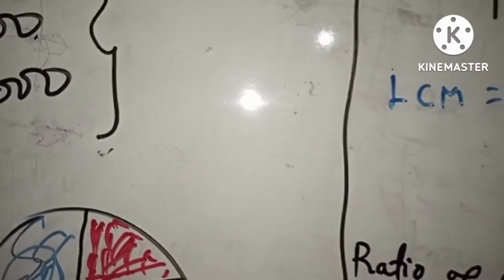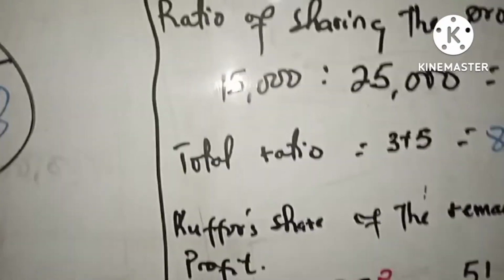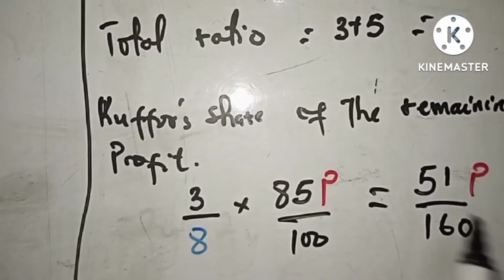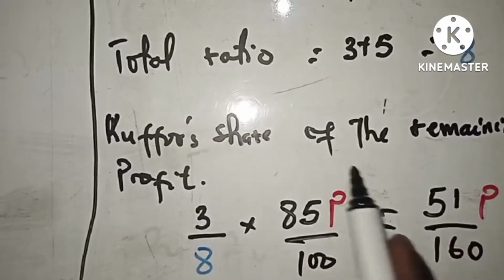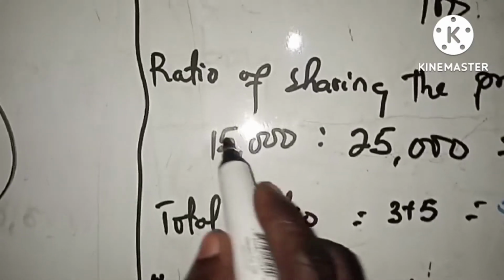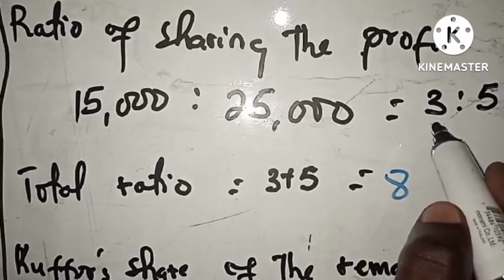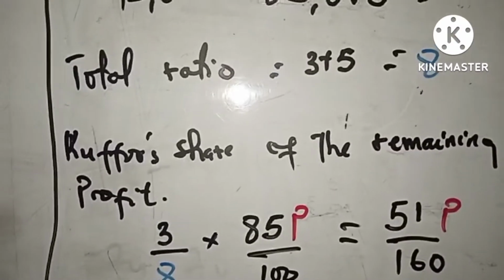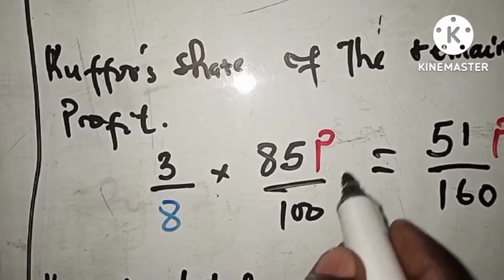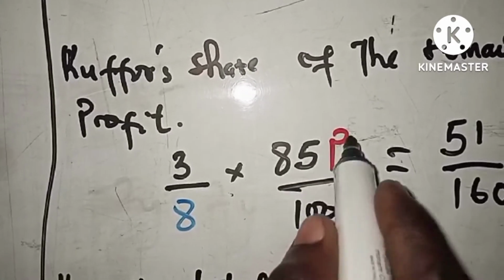4800. Is that okay? Initially, this is what you take, meaning that you are taking 2 shares out of the total profit, right? So if Kufuor's share of the remaining, so you have to calculate the Kufuor share of the remaining. So Kufuor share will be, remember, arrangement matters here. So Kufuor or the managing director share will be 3 over 8 multiplied by the profit that we are sharing. So this is what we are sharing, right? Because this is what remains, and we are going to share this, and that's 85p divided by